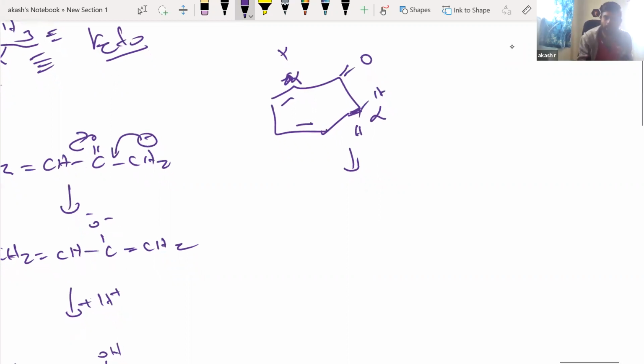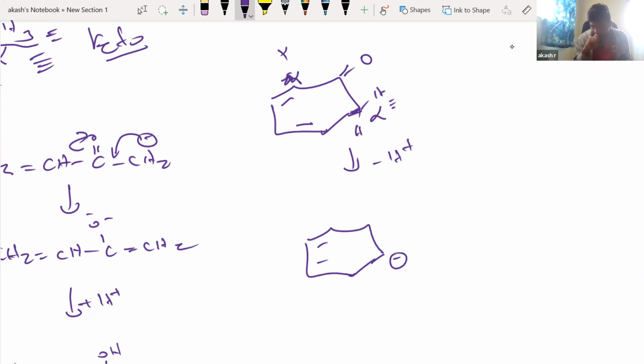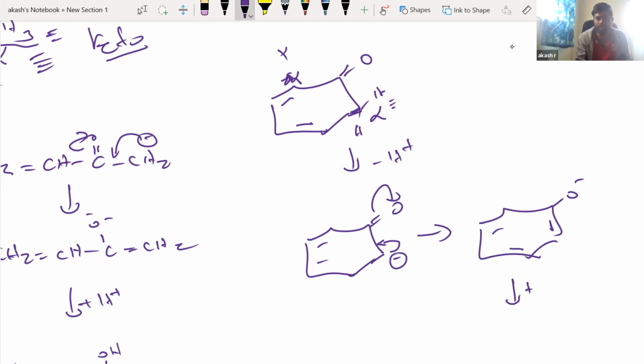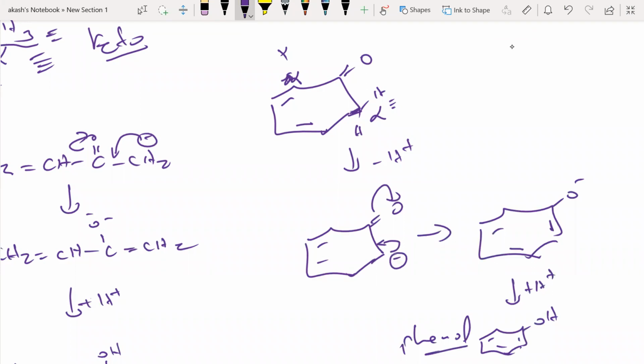So people, it is very simple. You are going to remove this particular hydrogen, right? Or you remove H plus, right? So now how do you do this? We already have two double bonds, right? Now we have a negative charge on this carbon, and we have a double bond also. Now what are you going to do? Same thing. Make the negative charge a double bond here, and this bond is going to break. So now what will you have? We will have one double bond here, one double bond here, another double bond here, and an O minus, and then you add the H plus. So what are we going to get? One double bond, second double bond, third double bond with the OH. That's it. We are actually going to get phenol. So actually, this resonance structure forms as a